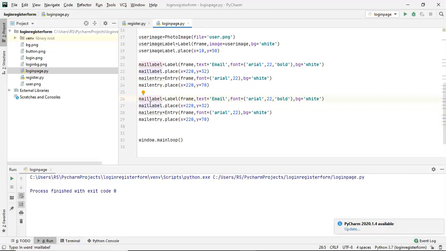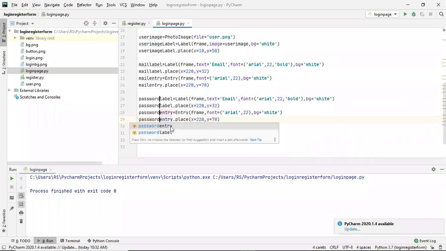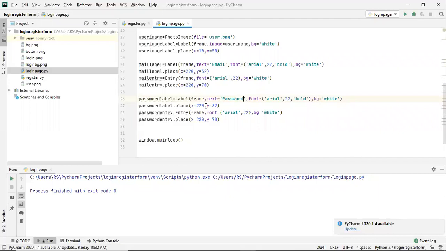I have to change this mail label to password label, right? And then this password text will change to password. Okay, the placement from x-axis will change. X will be 220 and y will be 120 here.